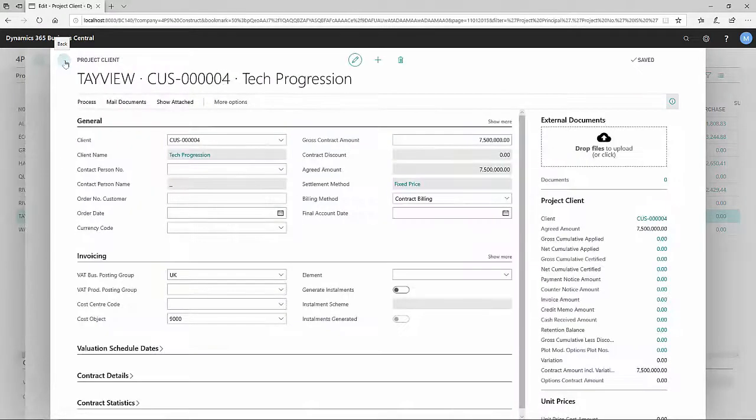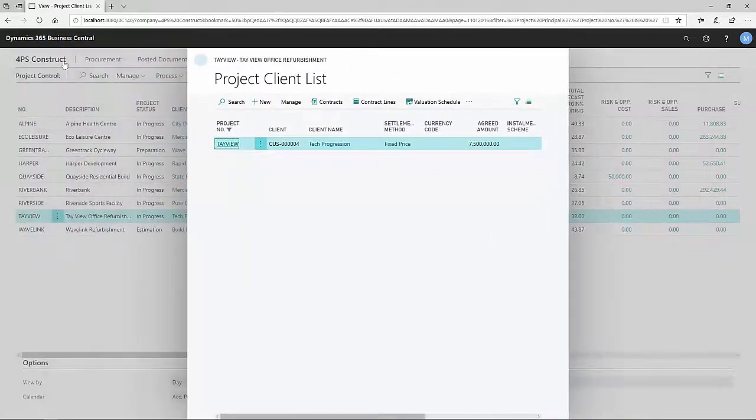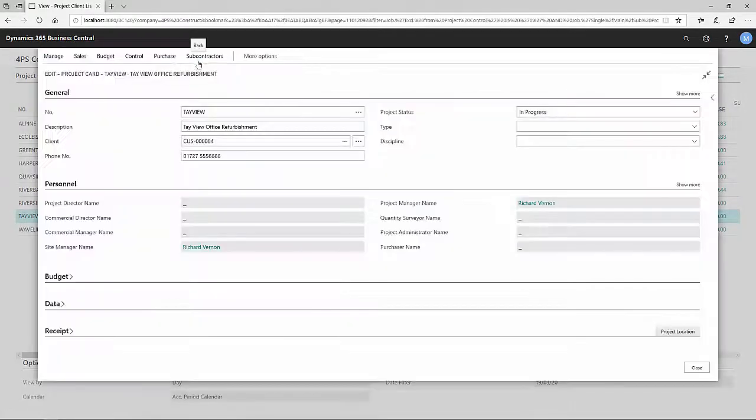It doesn't have to bear any resemblance to your cost object structure or your work breakdown structure. It's just how the client wants to see it. So that's all good. If we then go back to the summary screen,